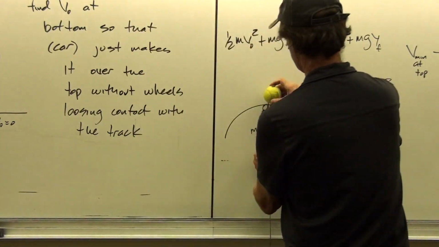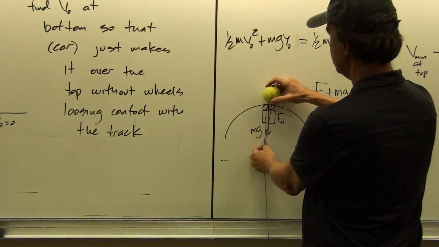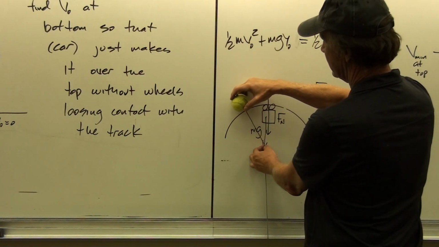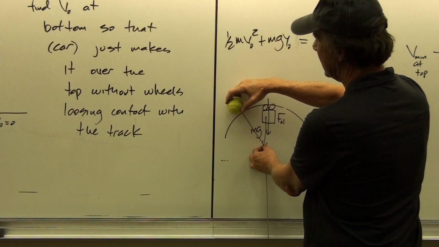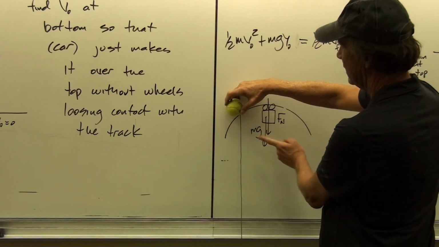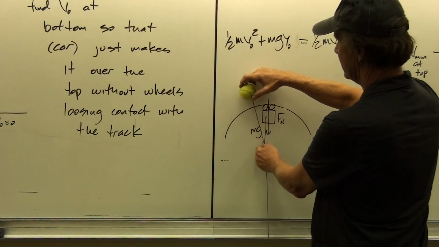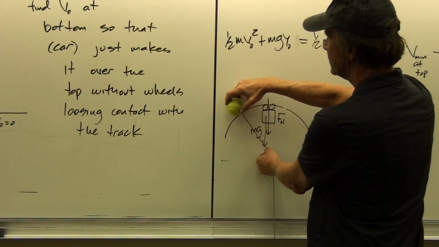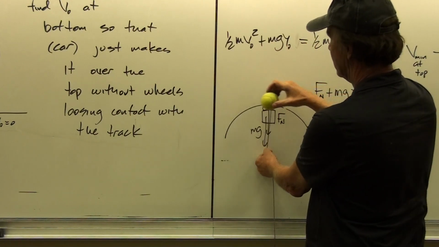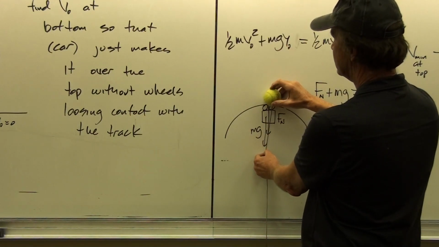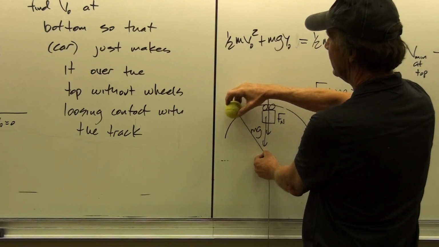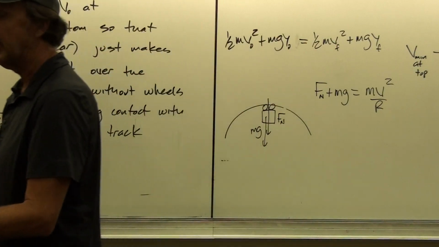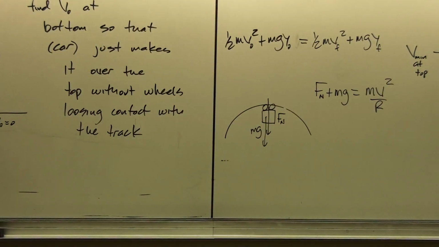But by the time you get to here, then you're at the minimum tension, which is 0, or the minimum normal force. Then you get over to this side, then it starts to speed up again, and now the gravity force is not totally pointed toward the center. So that's not helping the tension force produce the centripetal force, so the tension force starts going back up again. So it can be 0 right here, but only there, and then non-zero again when it gets back over to this side. And so that's why it can be 0 at the top and not be 0 anywhere else.